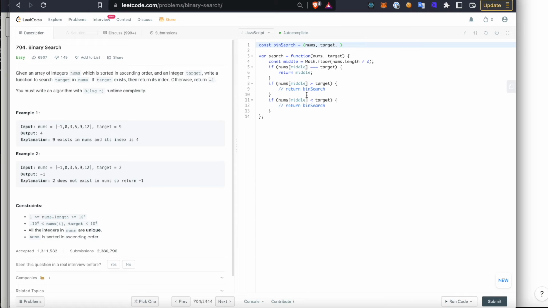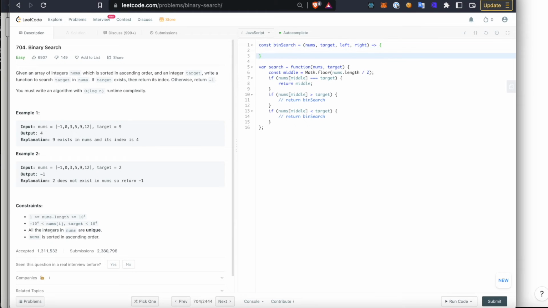We need to set a left bound, or we just call it left, and we call it right, and then we just need to figure out what the middle is in that range. This is definitely the trickiest part of a binary search algorithm, but it really just goes like this: middle equals math.floor again, and then right minus left, divided by 2,